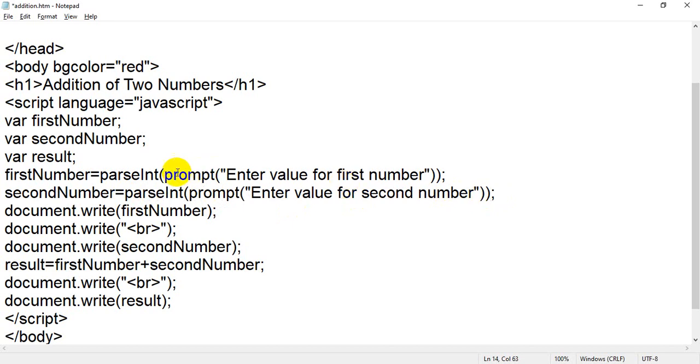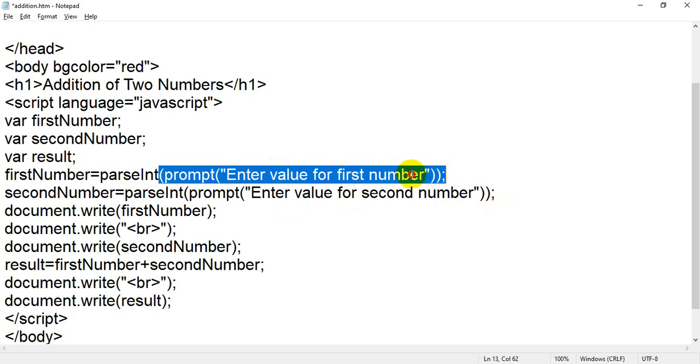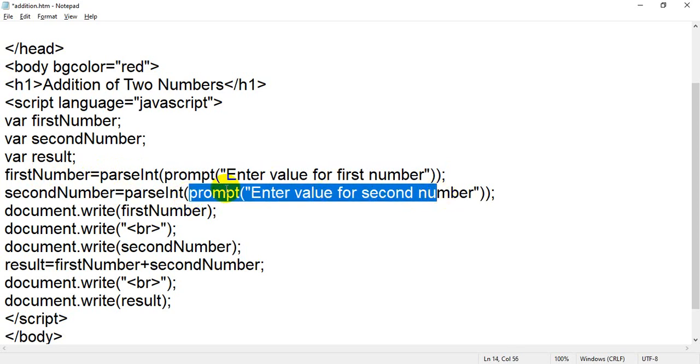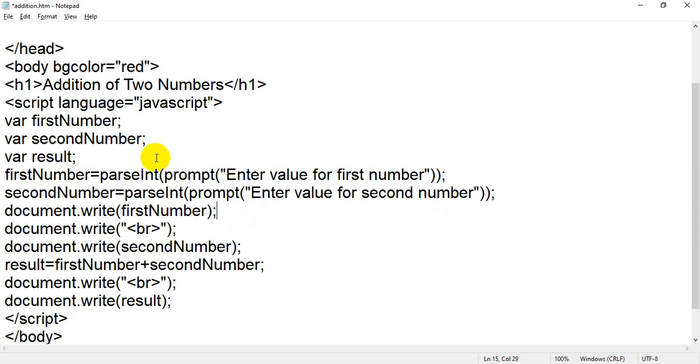Means by using this function, whatever value will be accepted, it will convert it by using parseInt, then it will assign to your variable. In the same way, first the user will insert some value, that value will be converted by using parseInt, it will convert it into number and it will store inside variable. Then the rest of the thing will be performed.